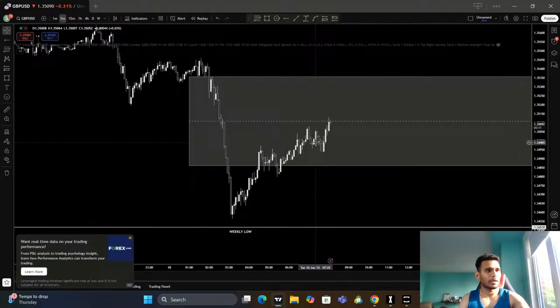So now I have the quote here. I can show you, this is the quote. What I mentioned here is I know my model. I know what I'm looking for. I know what kind of price action will happen inside my model. I'm just waiting here for my model to present. That's it.